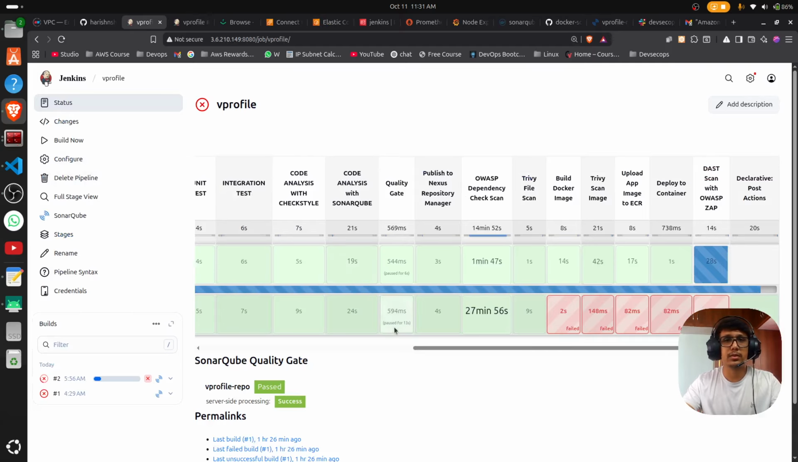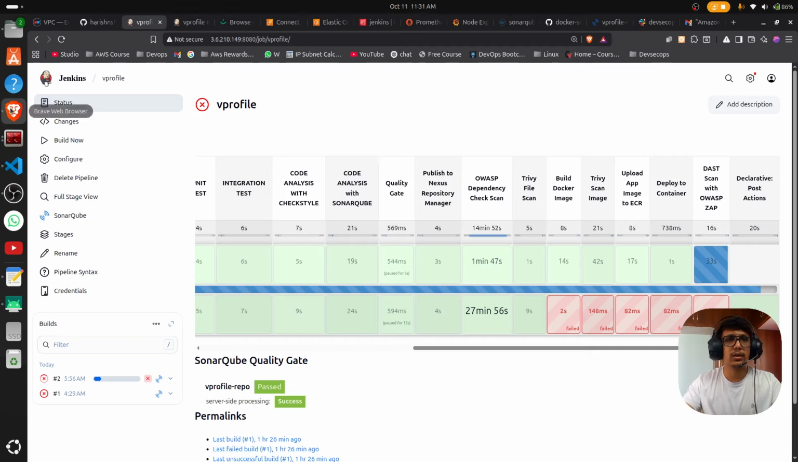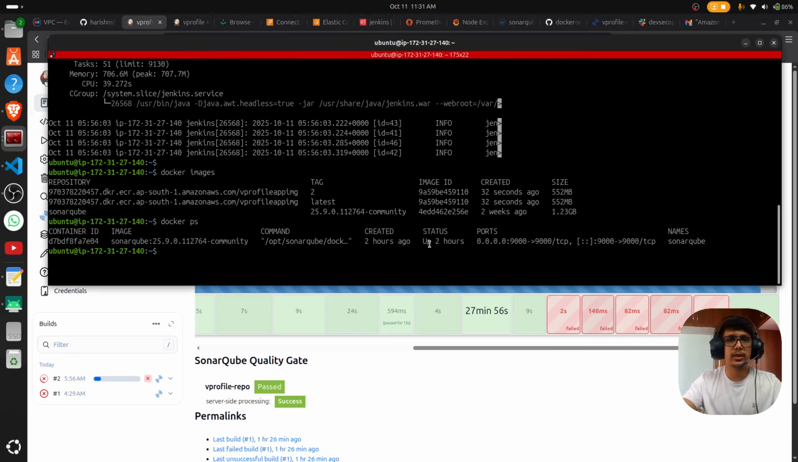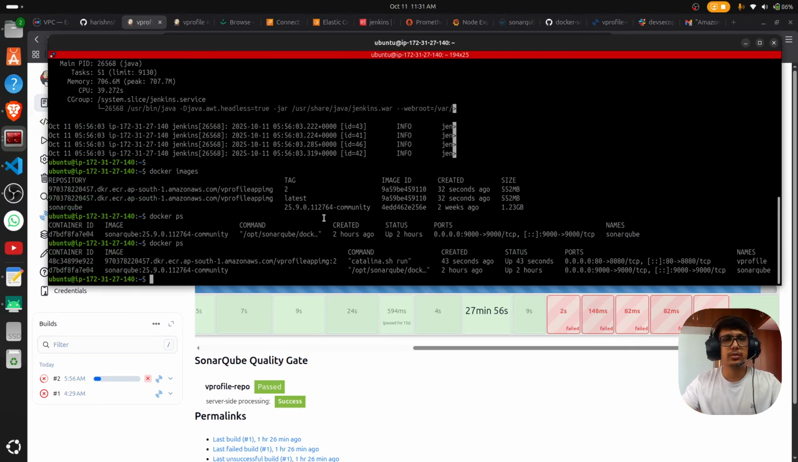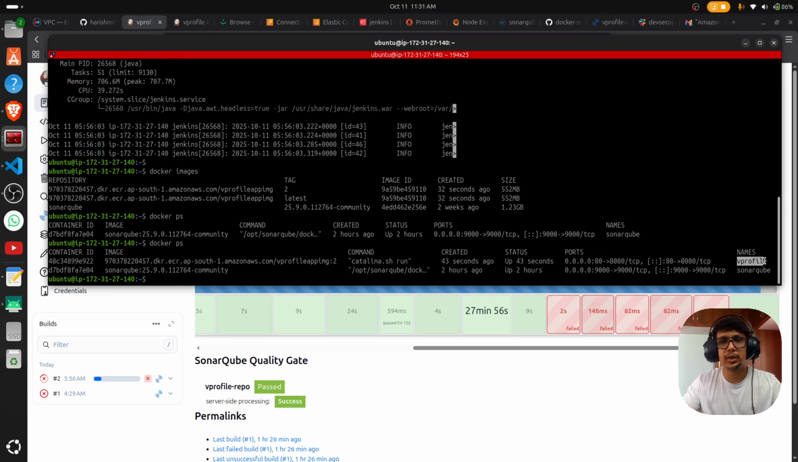OWASP ZAP, not the Docker scan, container scan. Now, what we have to check is whether the container is working or not, right? So we have the container up and running. You can see the profile is vname. In case